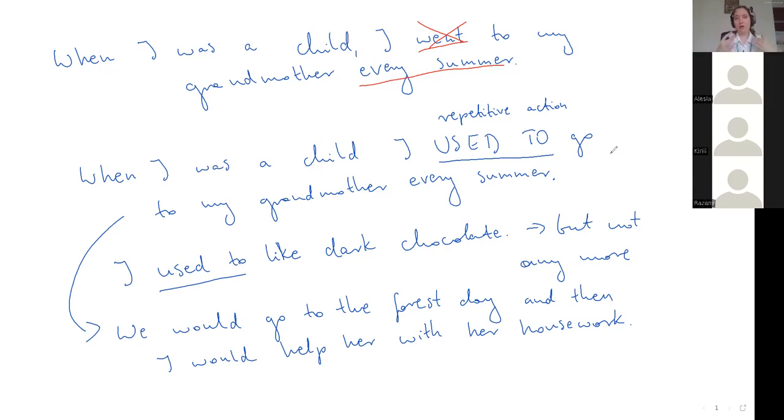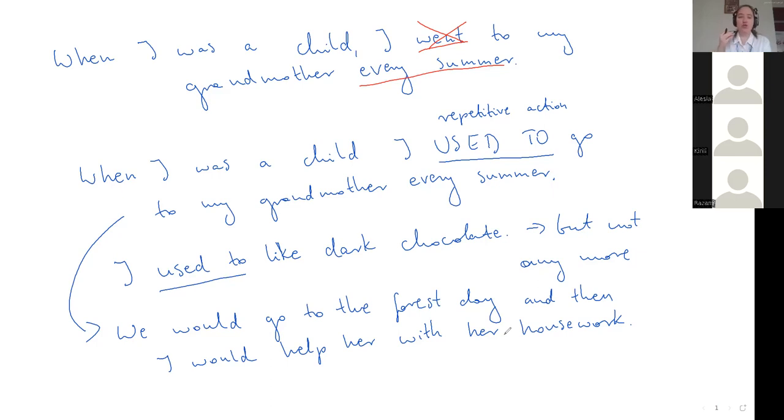Of course, you can change them and say, I used to go to my grandmother every summer, we used to go to the forest, and then I would help her with her housework. That wouldn't be really a disaster. You could do that. But most commonly, that is how it is used. The same with this dark chocolate. I can say that I used to like dark chocolate. I would eat it every day, and my parents would tell me every day that it's not a healthy habit, for example. Okay, so this is a very, very simple point, but you have to remember about that,